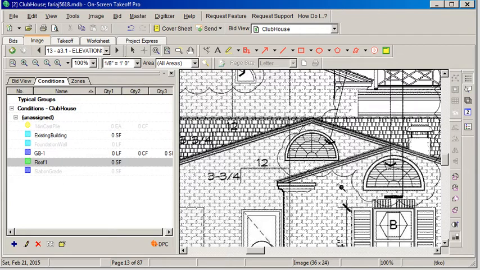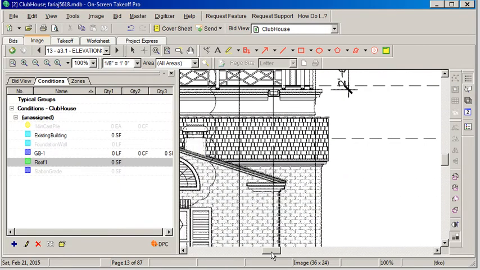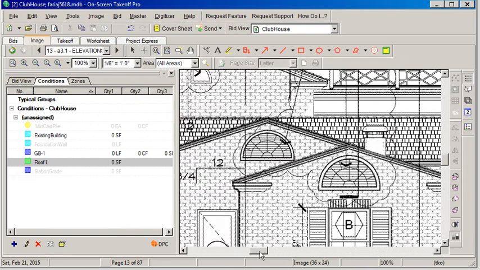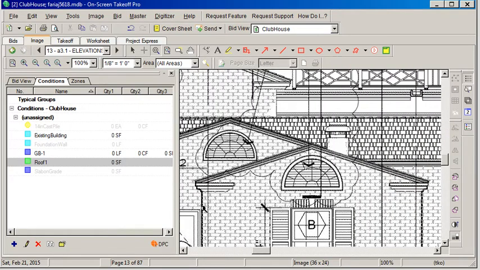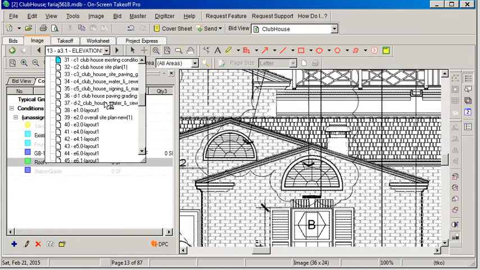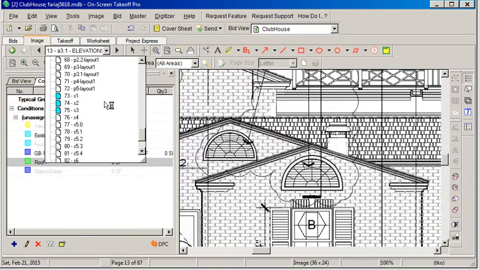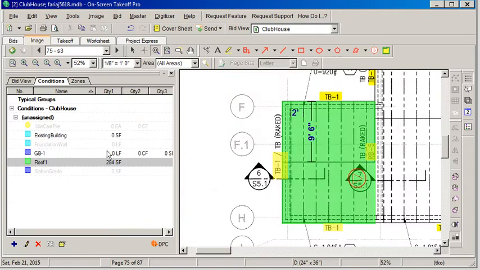For every 12 inches that we move horizontally, the roof will rise 3 3/4 of an inch. So in our previous estimate with the on-screen takeoff, what we were looking at is this horizontal projection of the roof. What we really need is to include the slope to find the actual area and not just the horizontal projection. So let's go back to our drawing, the foundation drawing S3, and now